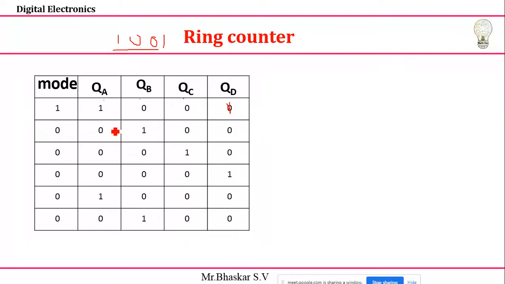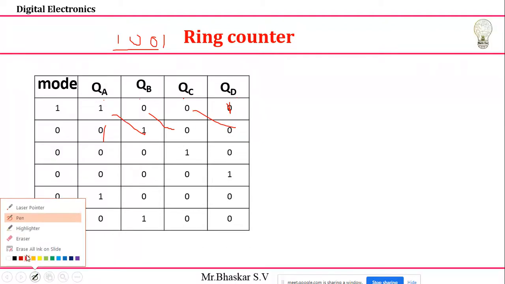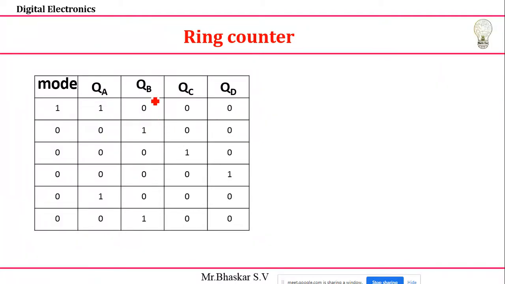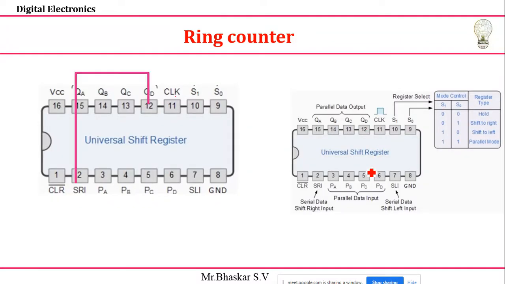Next, after that, this one will come to here. This shifting process needs to be repeated. That way you can explain. It's the same thing I explained in the previous case. Here I take QA, QB, QC, QD, and I'm going to take the value 1000. If I want to do this, I'm going to consider the mode input. I'm going to take the mode as 1 here. So why? You can clearly see that.